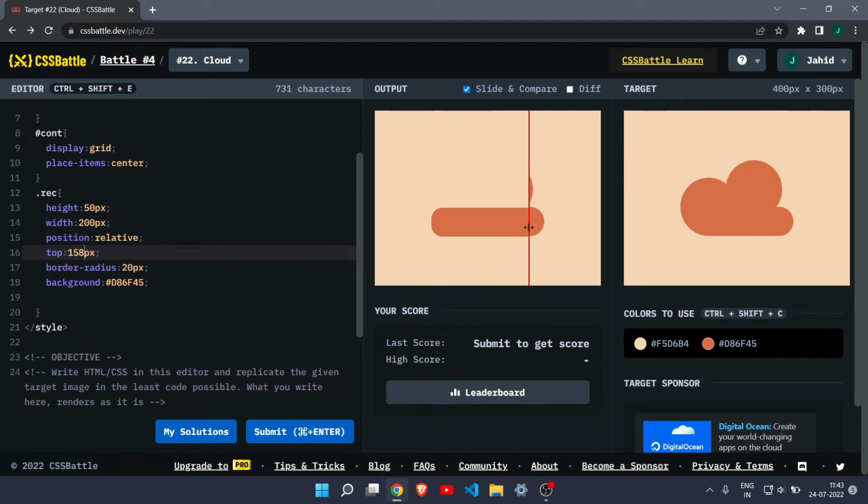Let's say 58, 55, 56, 57. No, no. Let's do the radius 30 pixel. Okay, so yes, this is correct, but the width now,